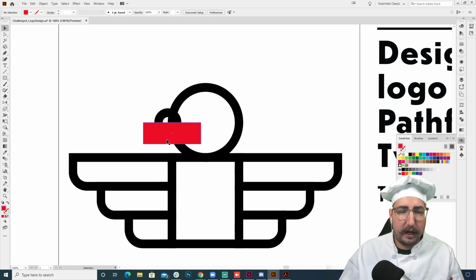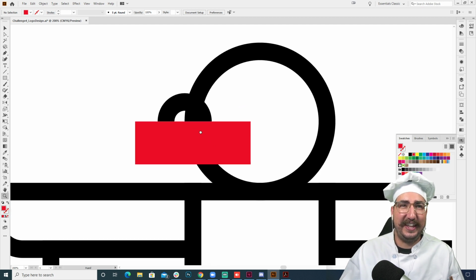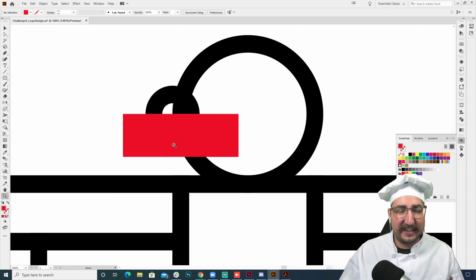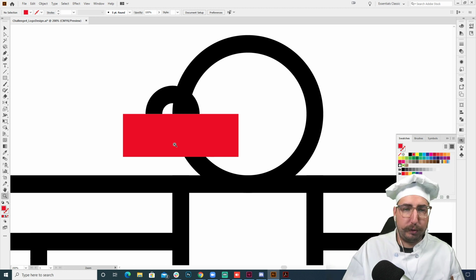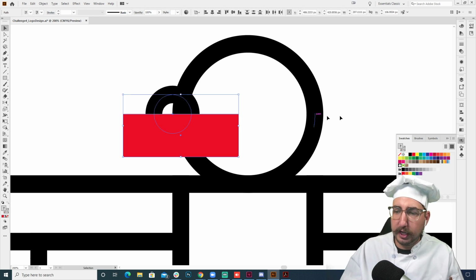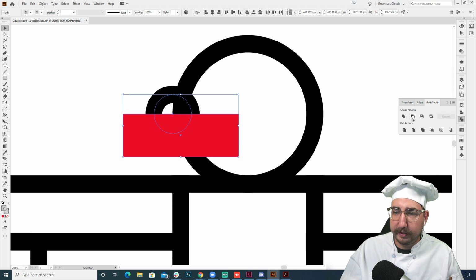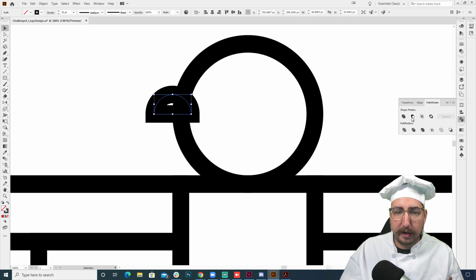We have on top this red shape. This red shape here, we are going to use to punch out. So think of it as a hole punch. The Pathfinder is a hole punch, that it takes the top shape and punches through the bottom shape. So we'll select these 2 shapes, and using the Pathfinder, we're going to punch through that bottom shape.